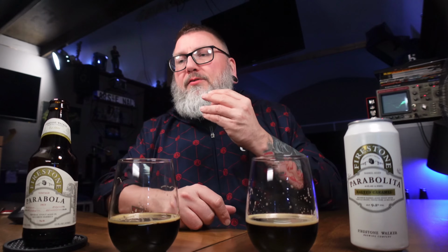ABV. They both have things going for them, but there's not this kind of wow factor that is usually almost a given when it comes to Firestone. Not just Firestone Walker Parabola, but their barrel aging program, whether it be Sucaba or the Anniversary, any of those beers. I think they really do always have a wow factor, and this one just lacks it a little bit for me. I would still buy this. The price point's not the best. That one, 16 ounces, sub $10, that's great. This, $10 on the nose, 12 ounces, you're not that far off of Bourbon County, but